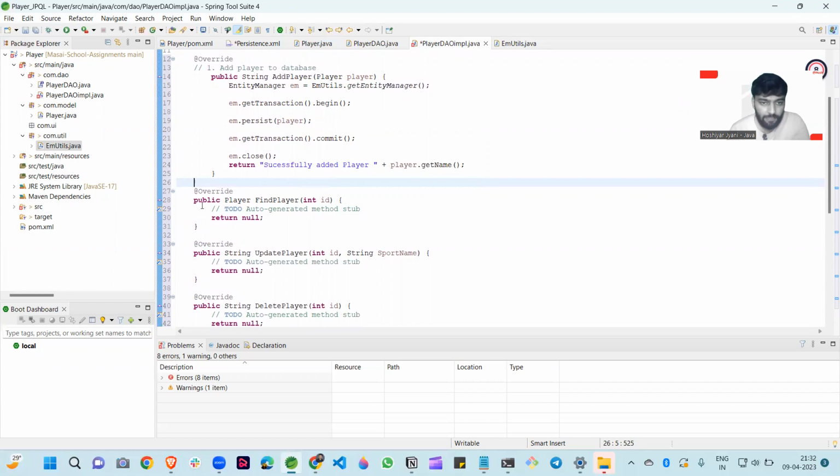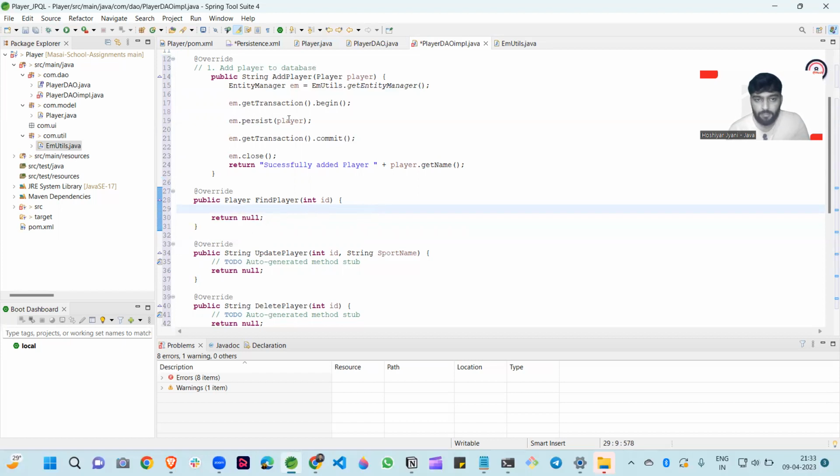After that, this method is for finding the player. So guys, how can we find the player? First of all, we have a method in our code, em.find. Here there is no use for operations like em.getTransaction().begin and em.getTransaction().commit, because this is not a DML statement. So that's why we can simply use em dot